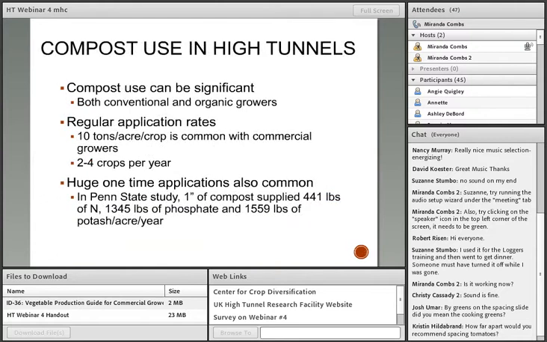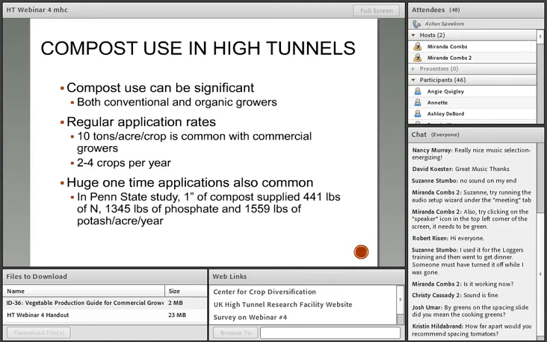And then the last little piece I want to say here, again, kind of hitting home: don't go crazy on the compost, organic growers. This is something I hear from my colleagues at the soils meetings every year. Compost is a great fertilizer and a great soil amendment, but it can create some serious problems. Sometimes when folks are setting up high tunnels, they'll do a one-time application. There was a study done out of Penn State where they looked at an initial setup on a high tunnel where an inch of compost